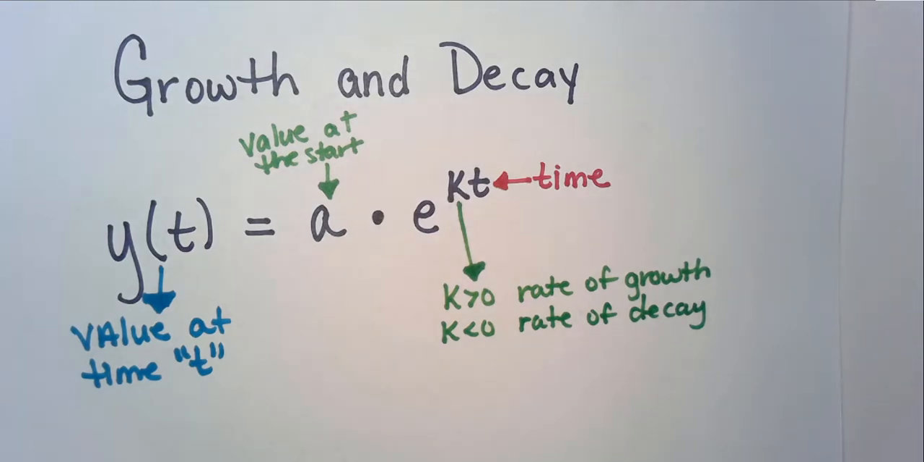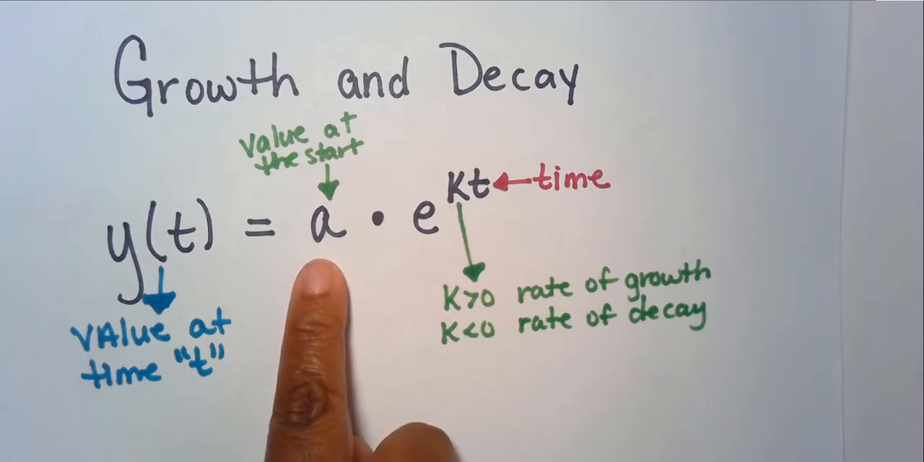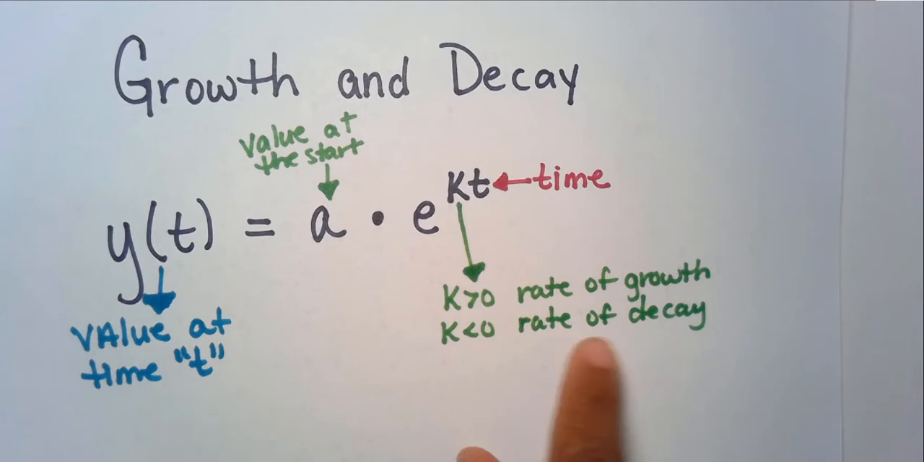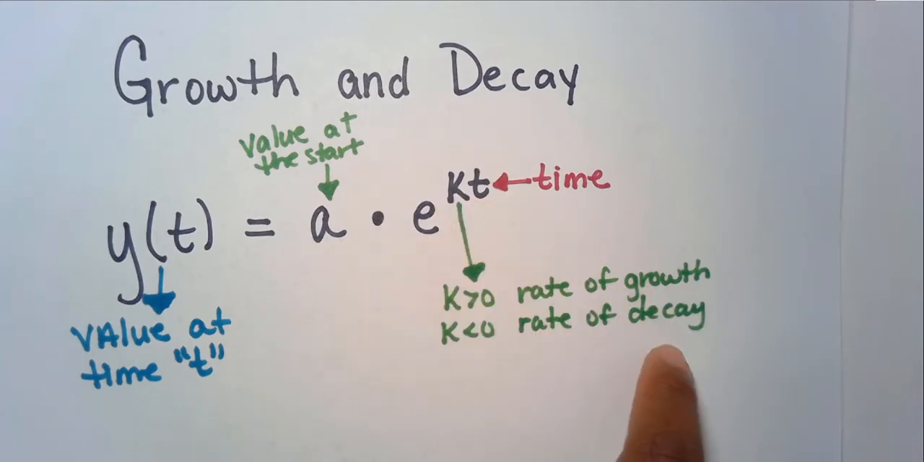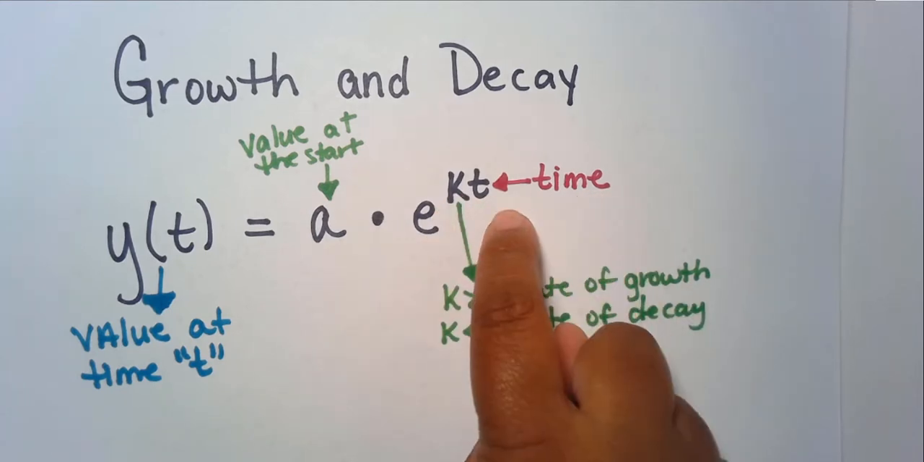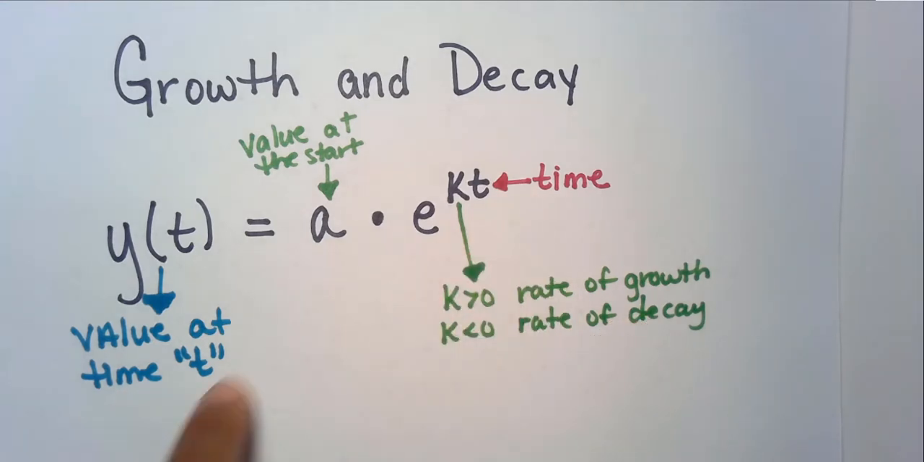So this is a standard formula for growth and decay, but depending on the word problem and how it's set up, we may use different variables. It's going to be situated in a way where we have a value at the start given, we may be given the growth and decay, and we are also given the time, and then we may be asked to find the value at that time t. So let's take a look at the first question,